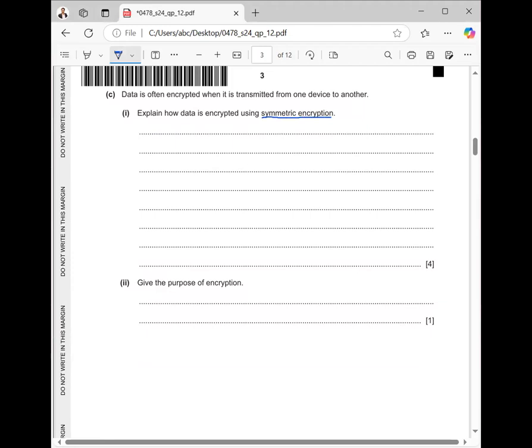So you can write that plain text is encrypted into ciphertext,